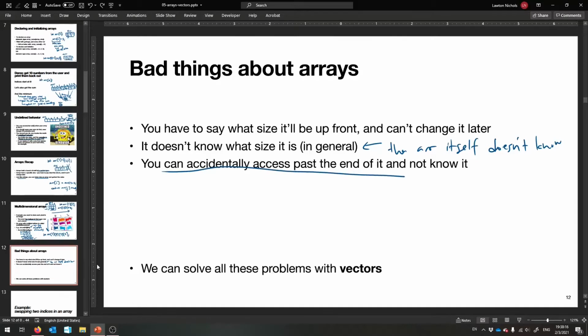You can accidentally access past the end of it, or if you're trying to be really, really silly, before the beginning, I mean, and you wouldn't know it. Okay? You might not get a runtime error. You have no clue. So if only we could say, all right, my array, sorry, has this size,